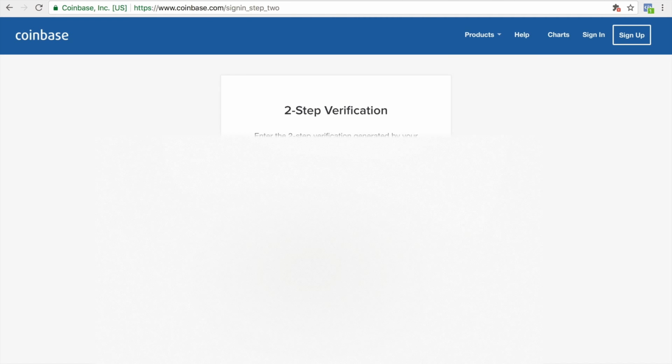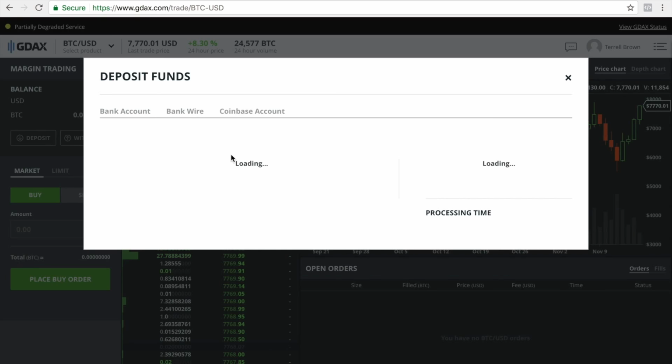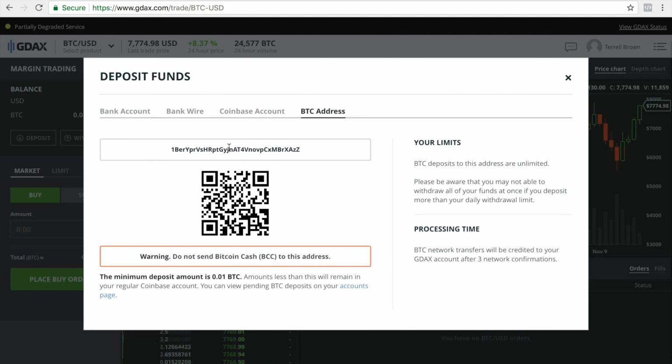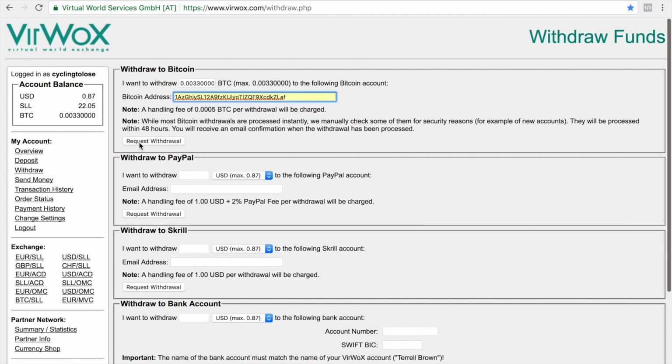I've got the two-step verification here. Okay, so like I was saying, we're going to go ahead and deposit funds onto GDAX. So you just go in here, you pull out your BTC address, go back to Verex, tell it where you want to send it, and then you're just going to hit request